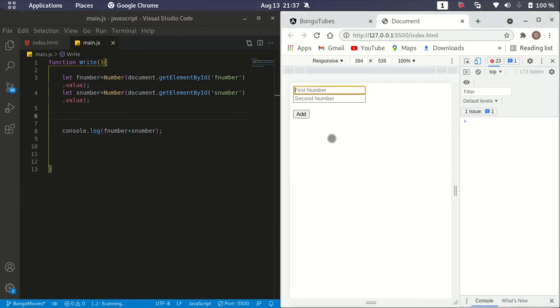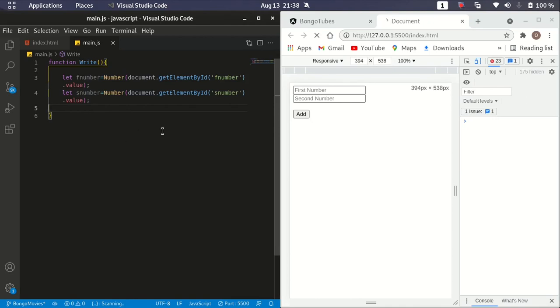Let's try to put something now, 10, and then let's add 20 and click this add button. Yep, there it is. So you see how to solve it. By using Number, we are converting the string to a number, so that after adding them we actually get the desired value. That's it. The next thing we are going to do here is actually to